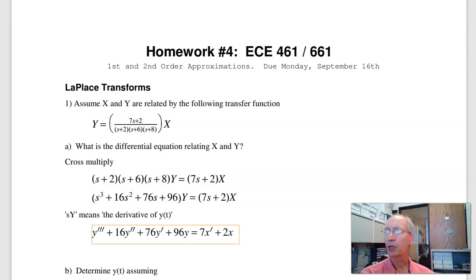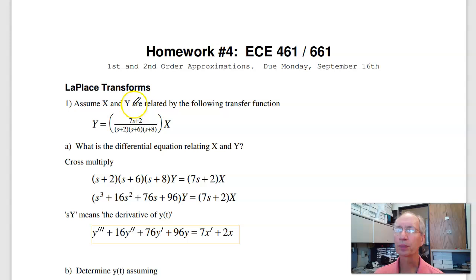Here are solutions to homework set number 4 for ECE 461-661. In this homework set, we're looking at review of signals and systems, Laplace transforms, first and second order approximations. The first problem looks at if you have a transfer function between x and y, what is the differential equation